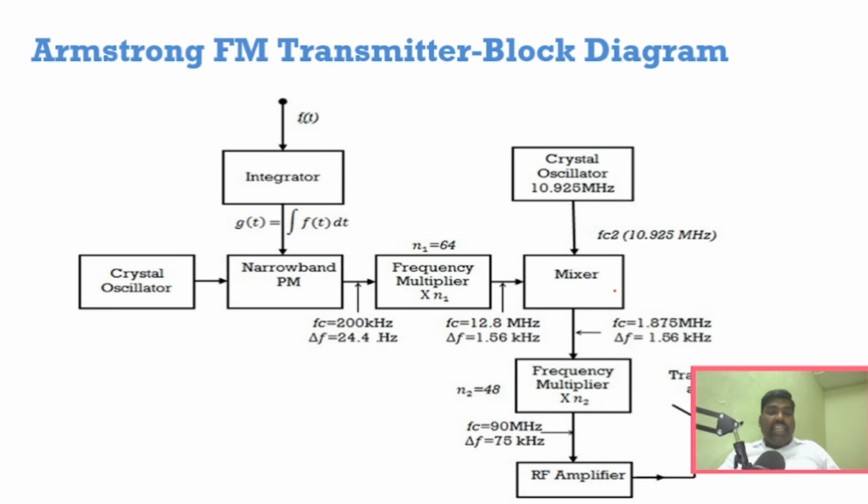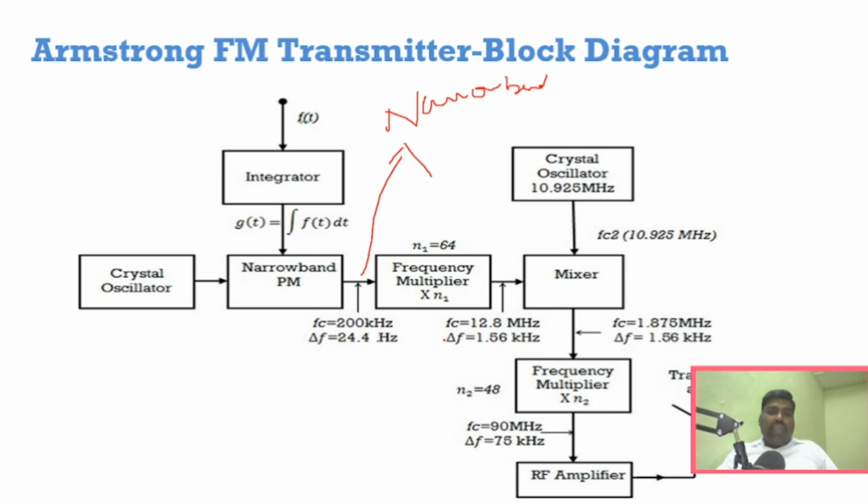You can see this is the detailed working of the Armstrong FM transmitter, right? The same concept here. First, I'll explain the concept, and then I'll explain how these frequency multipliers are obtained, so that you can easily understand. We know that in order to generate an FM wave, we need a message signal as well as a carrier signal. Here we are using the indirect method, so we integrate the message signal and then send it to the phase modulator, so that it adds the carrier signal and generates the narrowband FM. The one obtained here is narrowband FM.